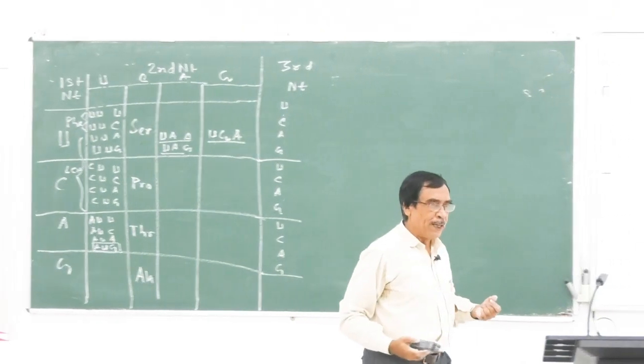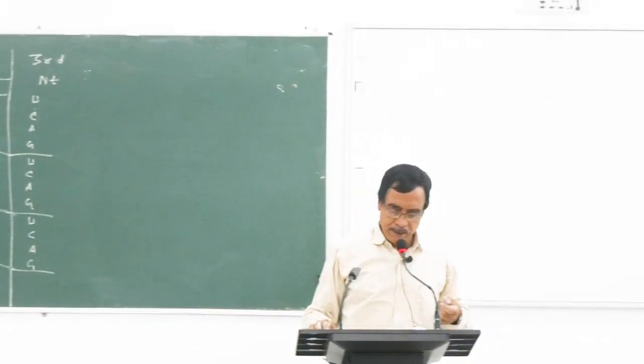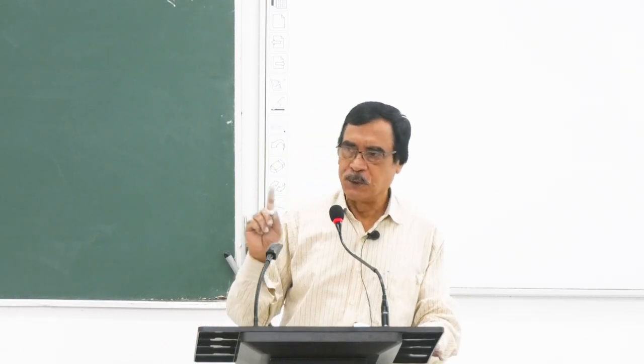For one amino acid there may be more than one codon. তাহলে একটা amino acid এর জন্য কতগুলো কোডন হতে পারে? It may be 6, it may be 4, it may be 3, it may be 2, it may be 1. ম্যাক্সিমাম 6 হতে পারে, তার বেশি হবে না। 6 কোডনস।